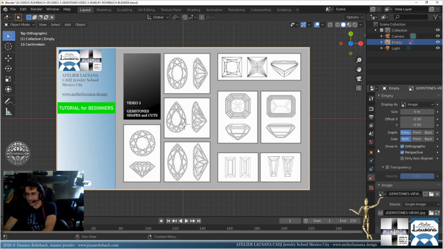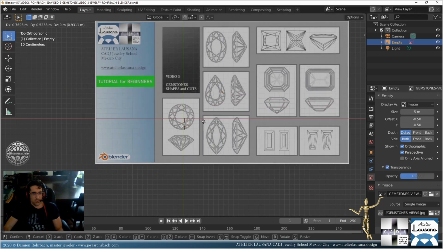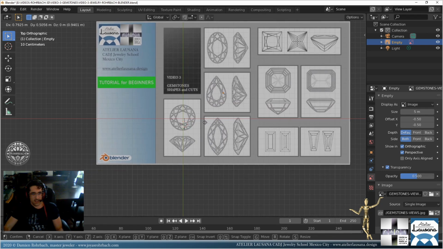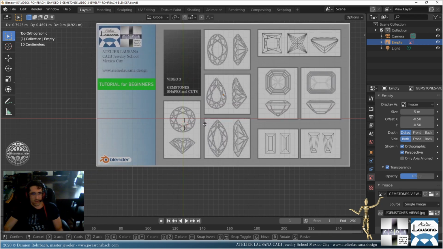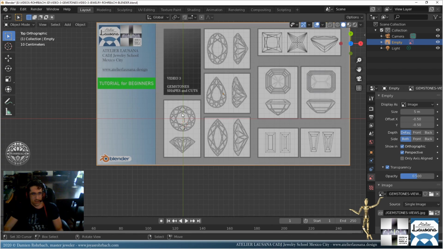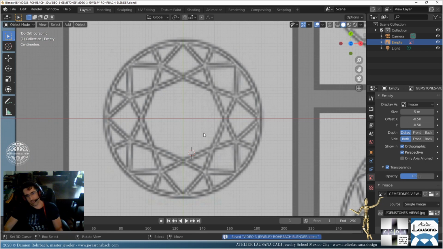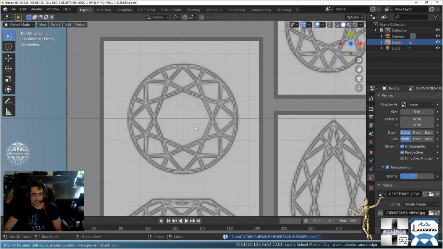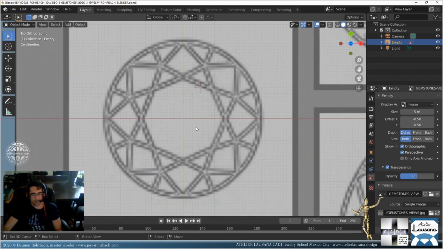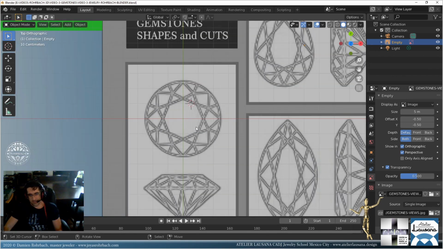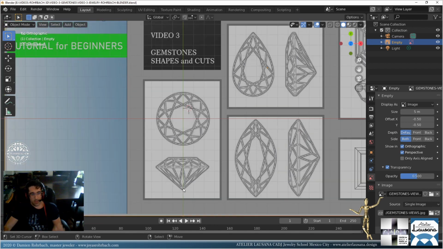After all that blah blah blah. Okay. Anyway, let's put some transparency on there. I'm going to move this guy here. So the brilliant cut, which is the cut, is 58 facets, or 57, because it depends if you count the tip or not. But anyway,